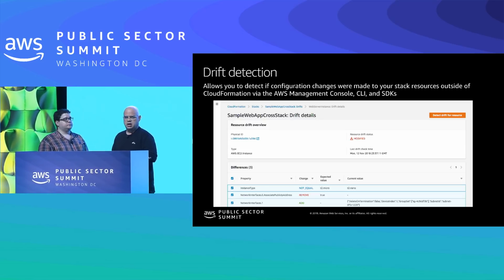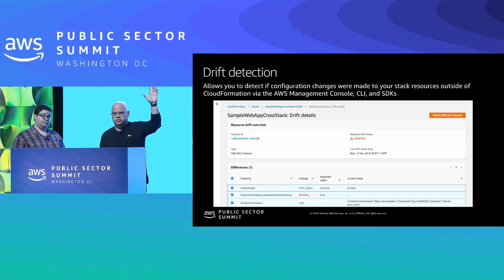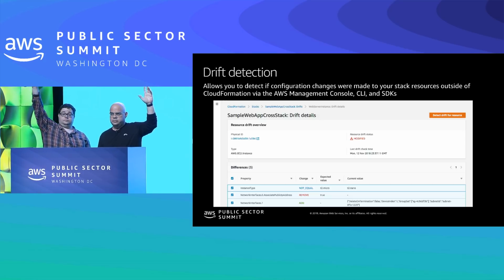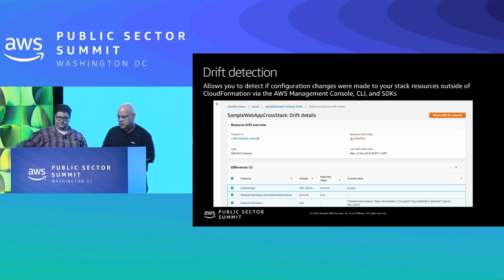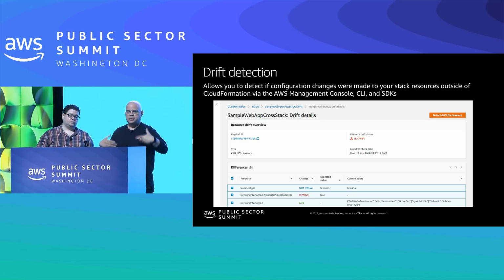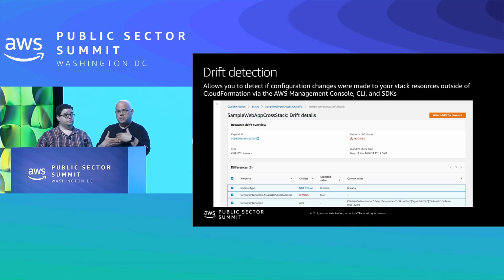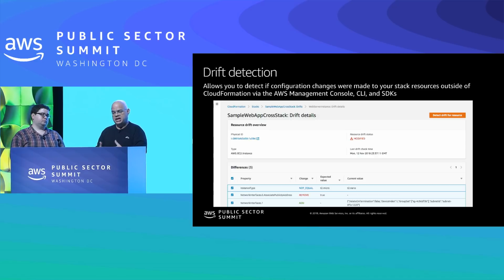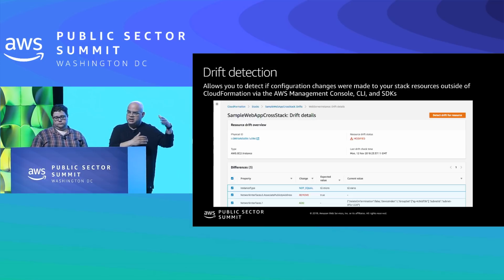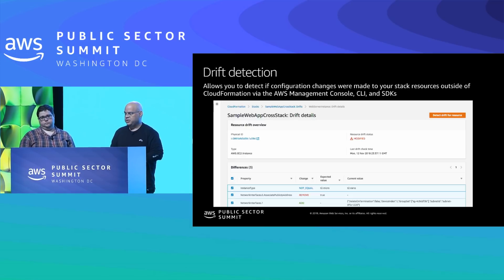Just out of curiosity, CloudFormation users, how many of you have used drift detection yet? A fairly low number. For those of you that have not used it, the idea with drift detection is relatively simple. When you create something with CloudFormation, the best practice and recommendation is to manage that resource, and changes to that resource, only through CloudFormation, because that gives you the auditability, making sure that whatever the resource looks like is reflected in the template.